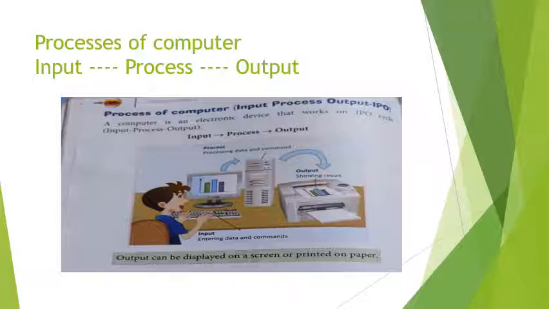Now input means whatever we are asking computer to do. Now we can type something through a keyboard and we can give instructions to computer by providing input. Then in CPU the processing work is done and then we can see the result. If we are typing something we can see the result on a monitor. So that work which we are able to see on a monitor, that is output. So the computer works on IPO cycle. Input what we are giving to the computer, then the processing is done and then we get the result.